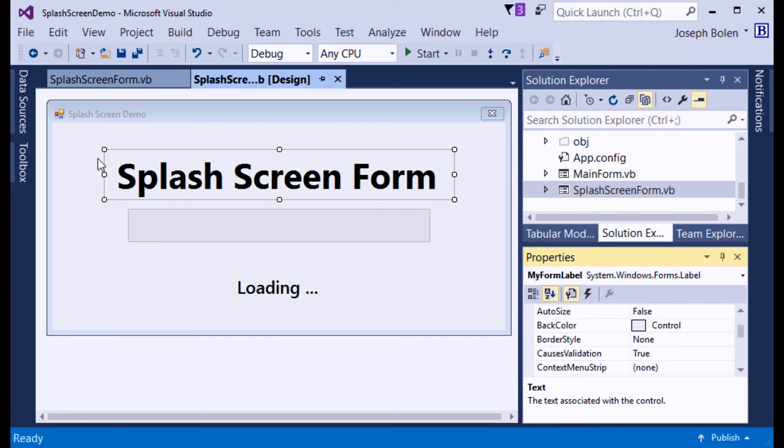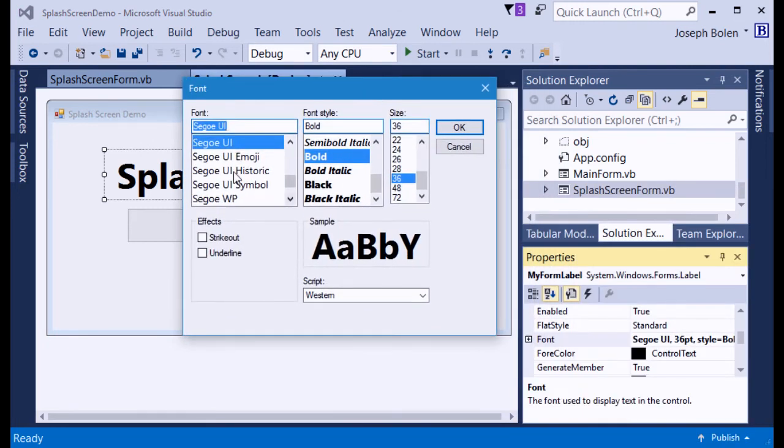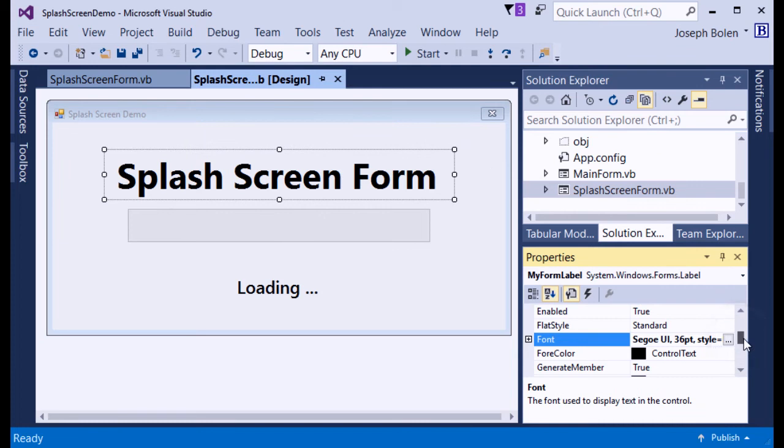We're going to use the sizing handles on that, which is what you see on the screen right now. Then I came down to the font area and set the font to Segoe UI 36 point. Let me just show you: you click on the little ellipsis button, and there you'll see Segoe UI, which is Microsoft's recommended font for Windows Forms. I have overridden this, though, to be bold at 36 points. 36 points is half an inch high. There's 72 points to an inch. Okay, so I've got that set. And then also